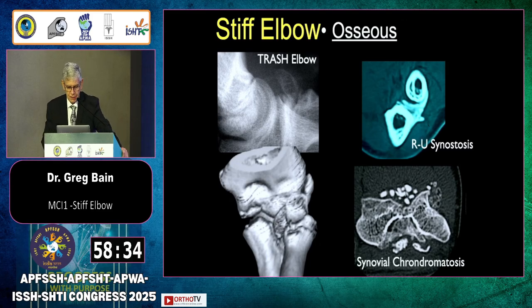When we look at these other images here, we can see on the left the concept of a trash elbow. This is a very important concept. The adolescent who has quite a swollen elbow, you think the x-rays aren't too bad, and they may have an osteochondral fracture, top right radial ulnar synostosis and synovial chondromatosis. It's an uncommon condition in the elbow, but it's an important one which can be associated with the development of